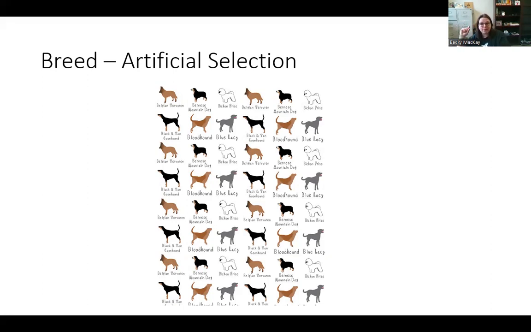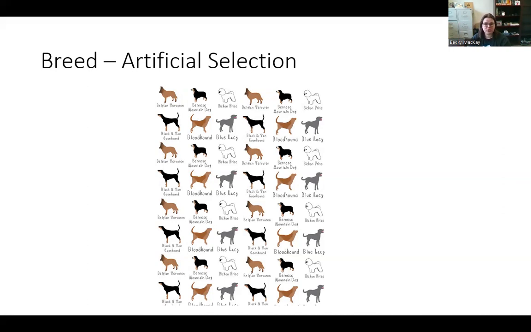They're all the same species. So a breed is just like a subset of a species, which means all dogs can breed together. I have a Pomsky, a Pomeranian Husky. That probably wouldn't happen naturally because a Pomeranian is like 5 pounds and a Husky is like 60. But I have a Pomsky.